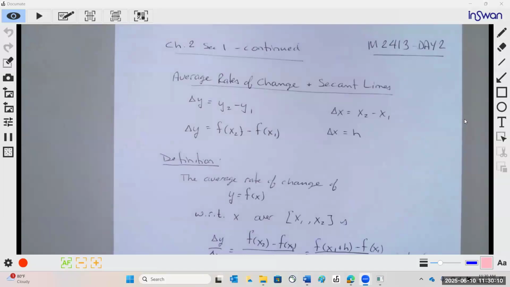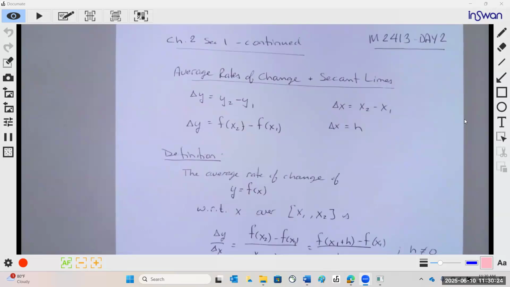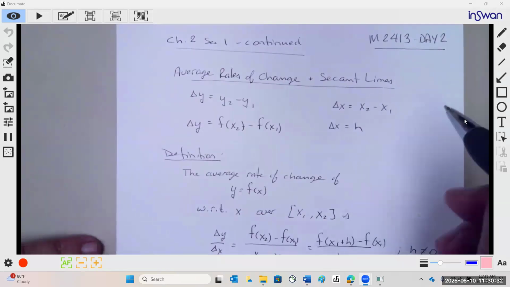How does it relate to the secant line? What's the relationship between there? What is the secant line? Anybody know what a secant line is? No, it's a line that has a slope. A secant line,